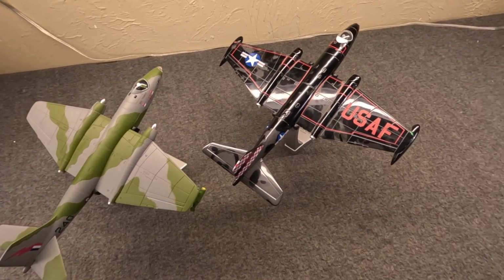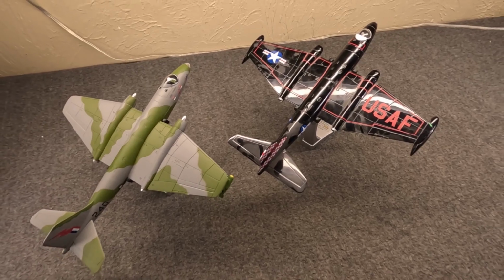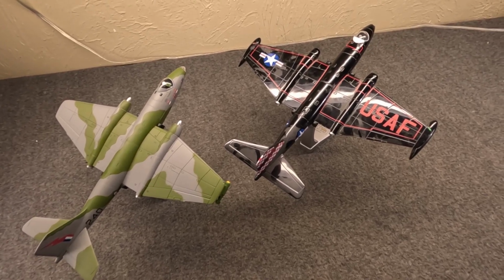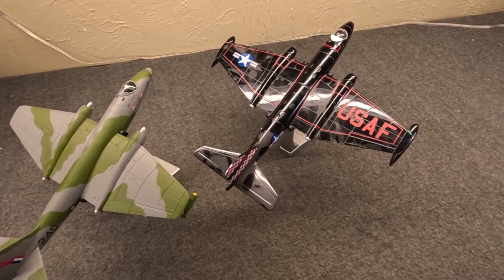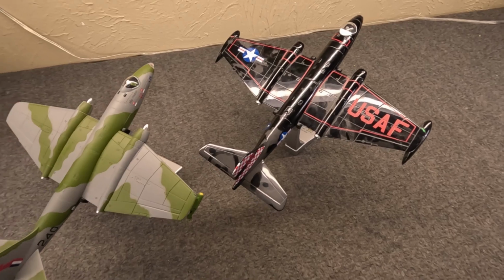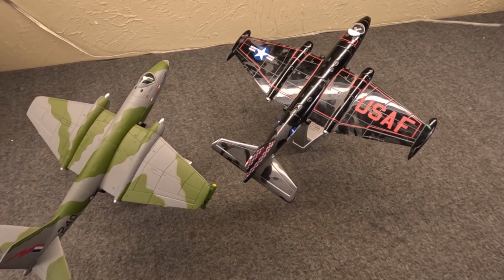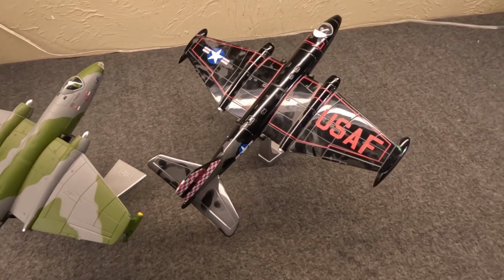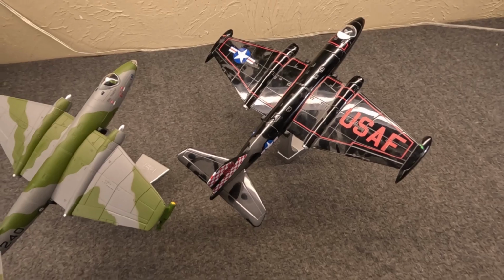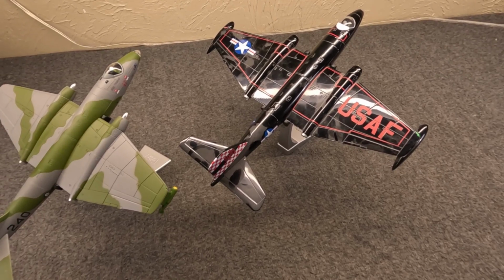And they proved to be much more effective than the RF-101 Voodoos. They could fly higher, and they could take bigger, better pictures. They had more room for equipment. But these were new versions known as RB-57E. And they were actually not made by Martin. They were created by General Dynamics. That's because they had already had earlier success with the